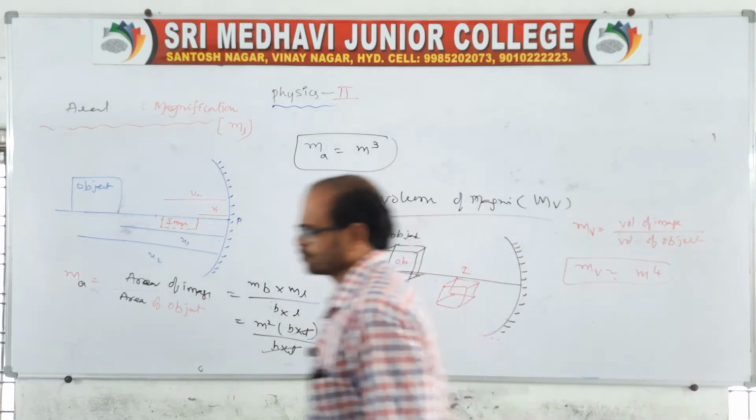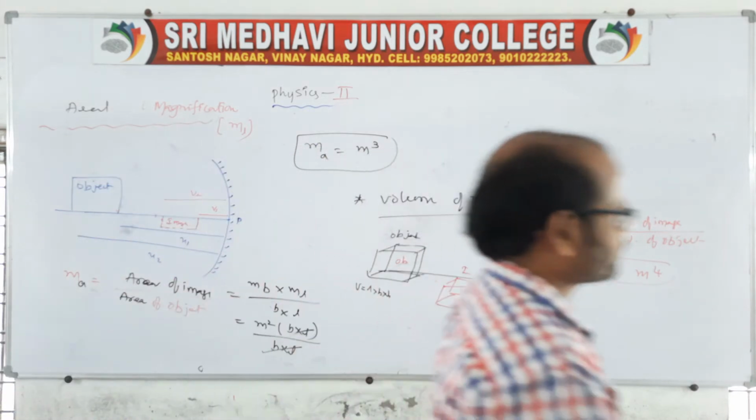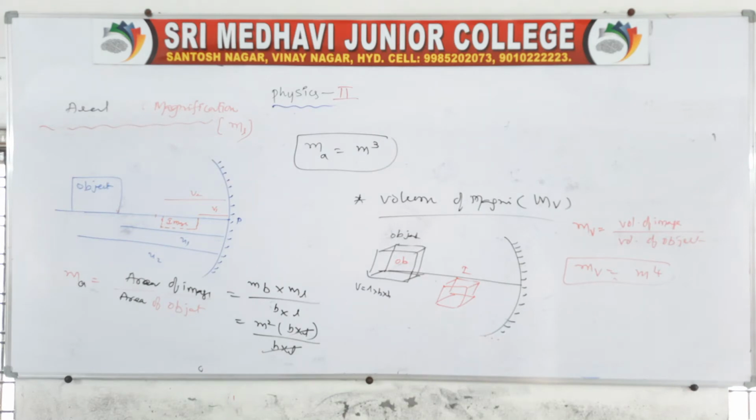Enough it is. This is purely related to objective based. So you go through this aerial magnification, as well as the next one, the volume magnification. Then volume is equal to m power 4, aerial is nothing but m cube, and lateral is nothing but m square, and first is lateral magnification m. So these are the information related to the magnifications, which is important for all objective examinations. Supposed you go through this, then it will help you in the further objective examinations, right?